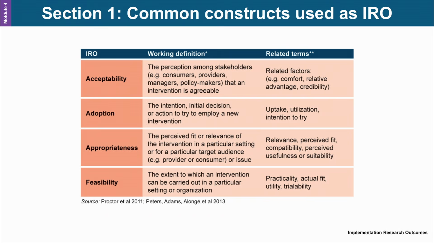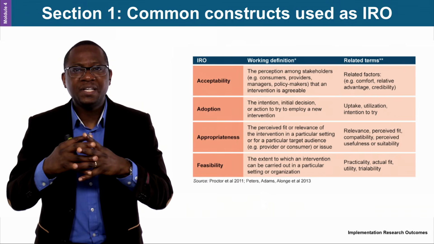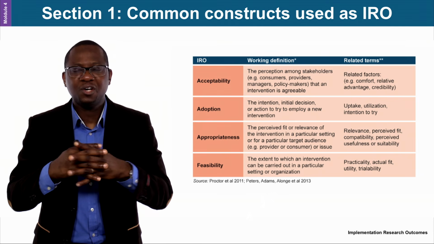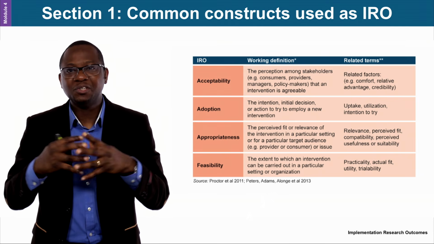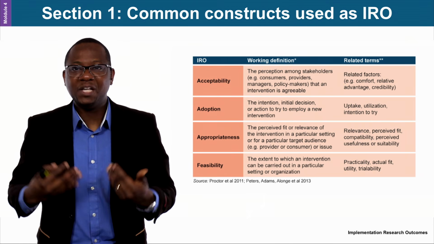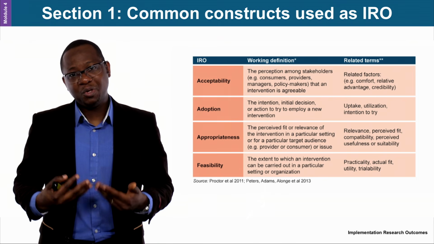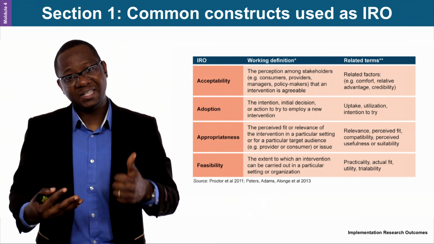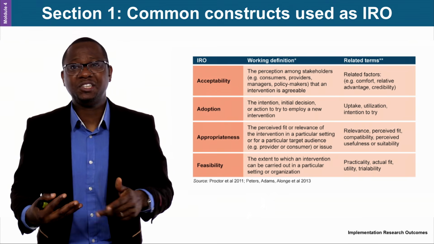worked or not. Appropriateness is the perceived fit or the relevance of an intervention in a particular setting. So this is the idea that because of the way an intervention is designed, or because of the makeup of a particular context in which the intervention is going to be delivered, you could begin to imagine that there will be a good fit of the intervention into the new setting where you intend to implement it. And that, in a way, is also a measure of your implementation activities. Because you could say that in places where you have high appropriateness, you're going to achieve effective implementation and therefore